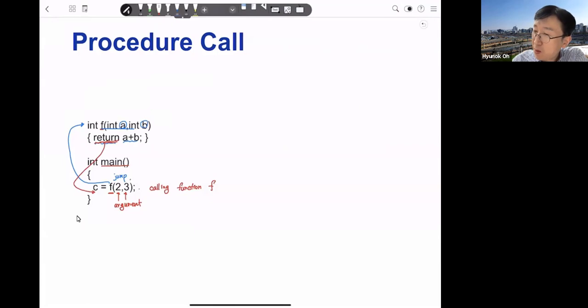So when we are calling the function, what we have to do is first we have to store the function arguments. Right, and then jump to function f,